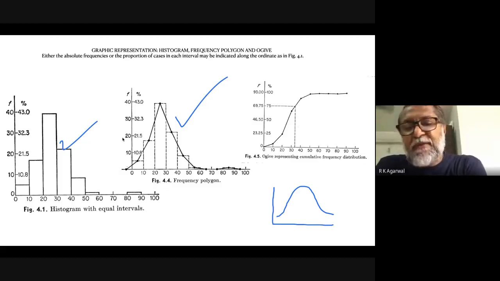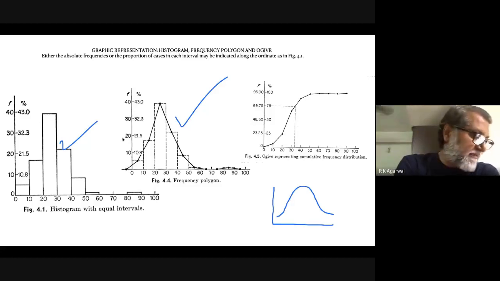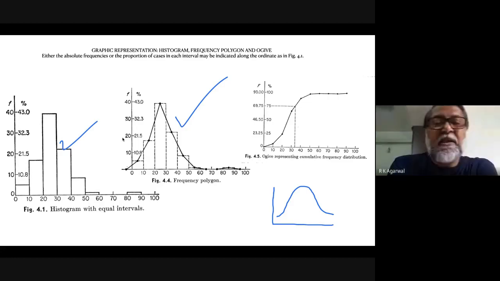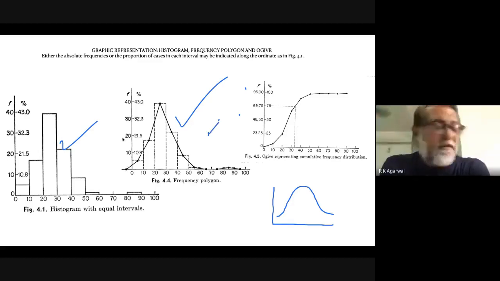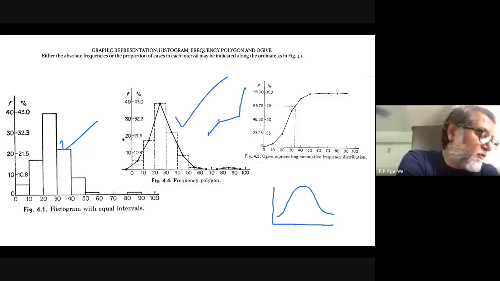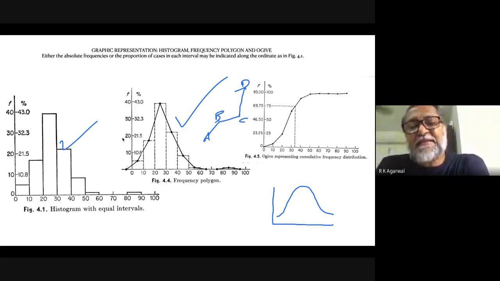And we prefer a frequency curve over a polygon, because a curve is smooth. Polygon has kinks in it, because points have been connected using straight lines. So whenever you connect 3 points or 4 points by straight line, you connect the first 2, then you stop, then you connect the next 2, and then the last 2. So there is a kink at A, B, C, and D. And when you have kinks, then it is difficult to treat algebraically.